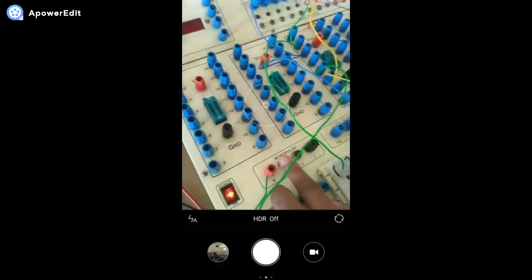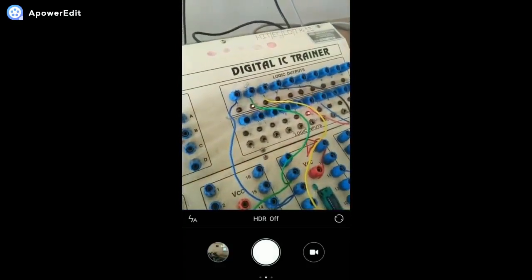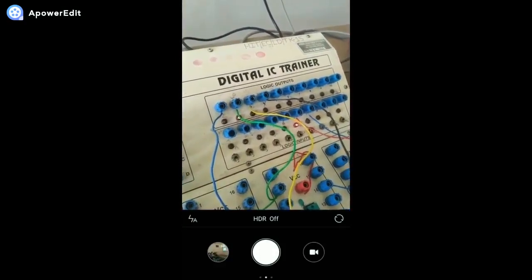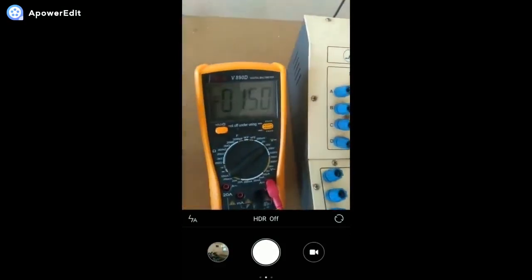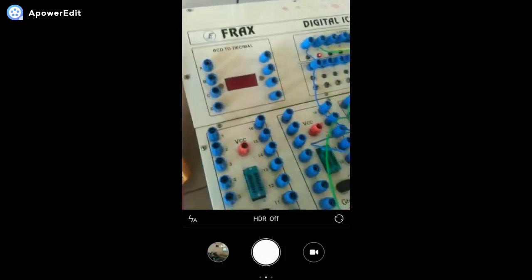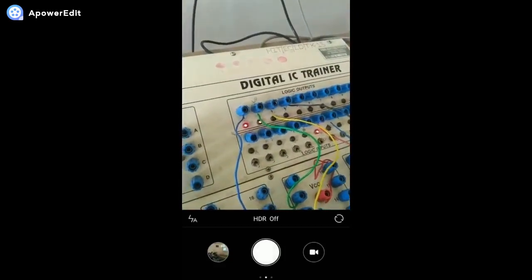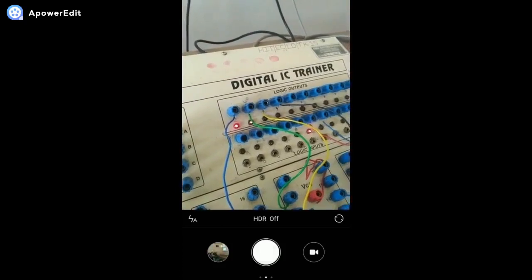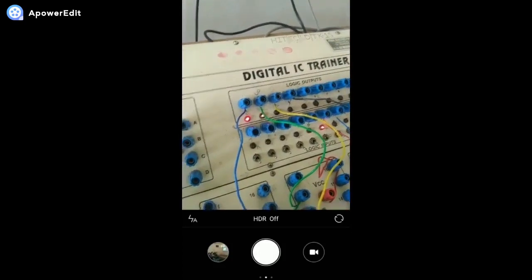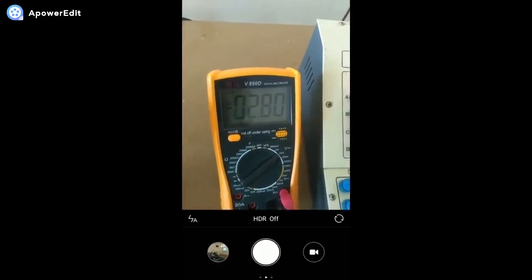Next, if I give another clock pulse, the second clock pulse, now Q0 becomes 0, Q1 is equal to 1, Q2 and Q3 both are equal to 0. At that time the output is 1.42 something. If I give another clock pulse, Q0 and Q1 both are 1, then Q2, Q3 are 0. It means the binary input is 3. For binary input 3, we are getting 2.7 or 8 something output voltage.